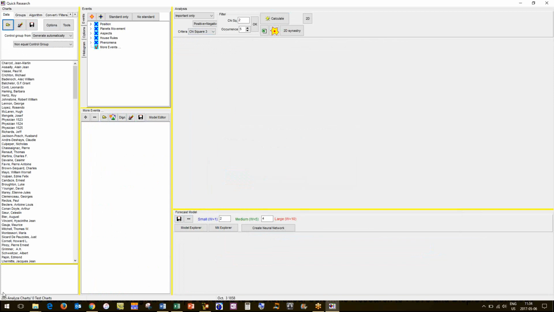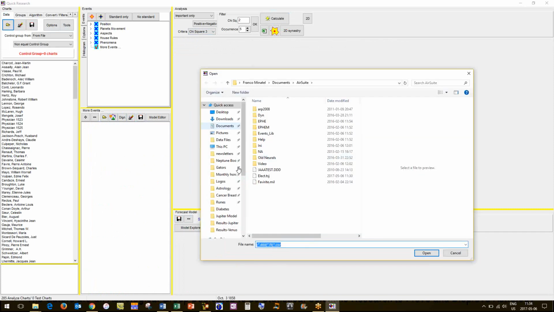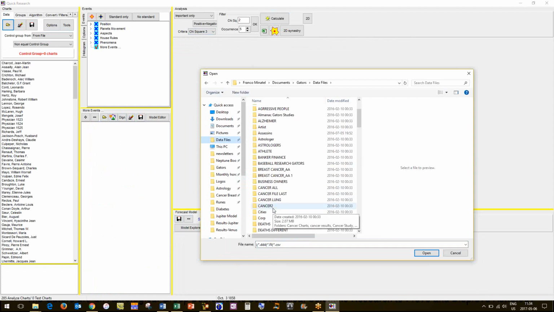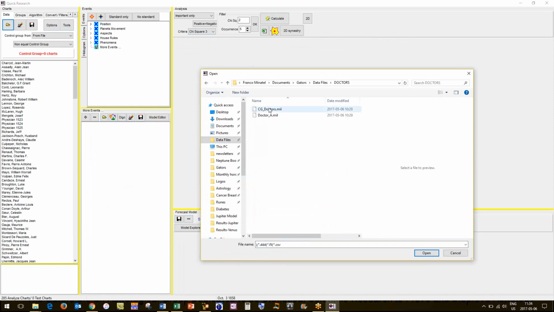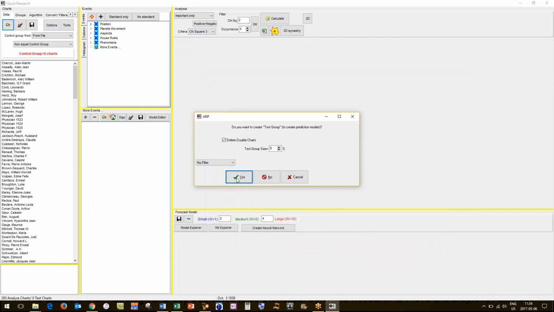I got 258 doctors. Now we can choose a control group from the file. And if we go back to our doctors there, you'll see I created a file called CG for control group doctors. Now it's going to read in all the doctors.